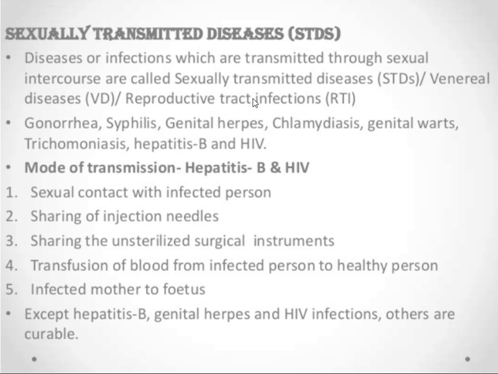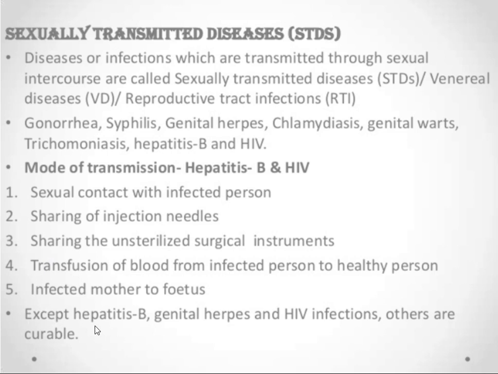So let us see a little bit about how the mode of transmission occurs in this. Basically it includes sexual contact with the infected person, sharing of injection and needles, sharing of unsterilized surgical instruments, transfusion of blood from an infected person to a healthy person, and infected mother to fetus. So these are, in general, the simple modes through which it can be transmitted, so that you can